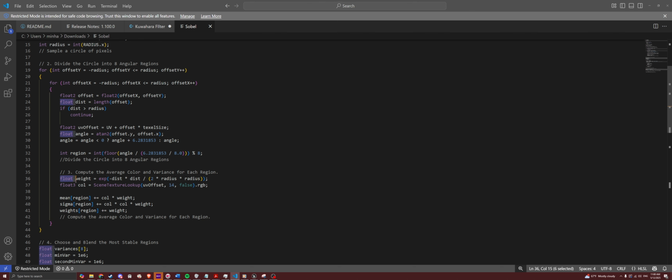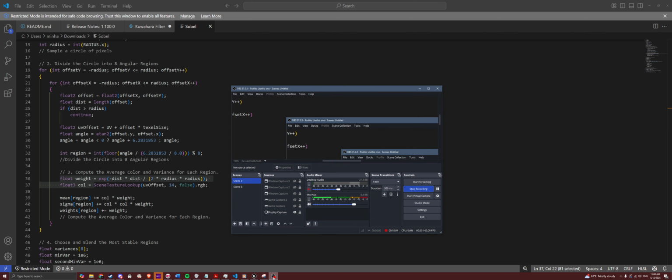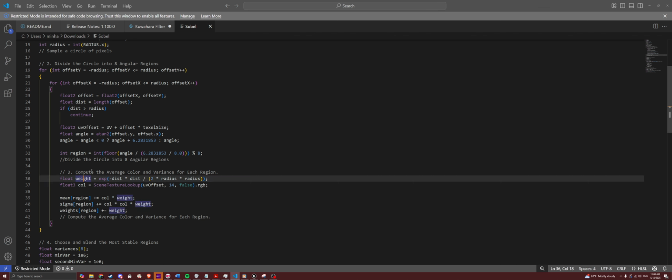Where you have the compute average color. Right here we're computing the average color and then the variance for each of the regions. Once each pixel gets sorted into a region, we start collecting statistics for all of the regions. There are three things we're going to track in each region. The first is the mean, which is the total weighted color. This stores the sum of all the pixel colors, and each of those colors gets multiplied by a Gaussian